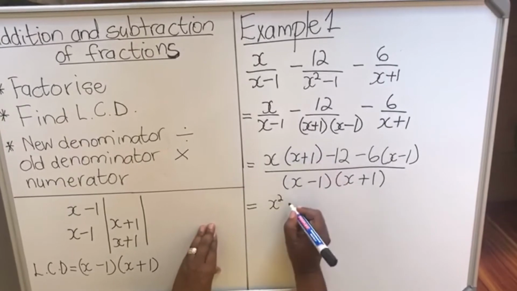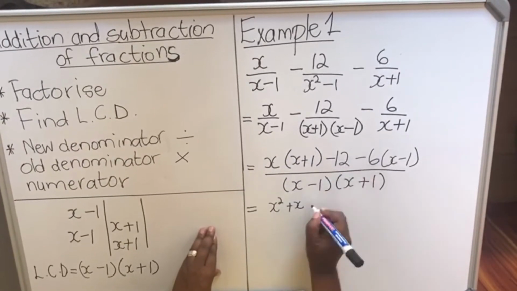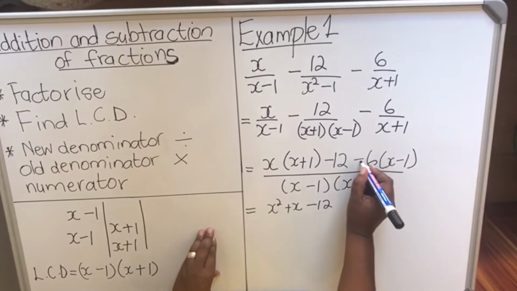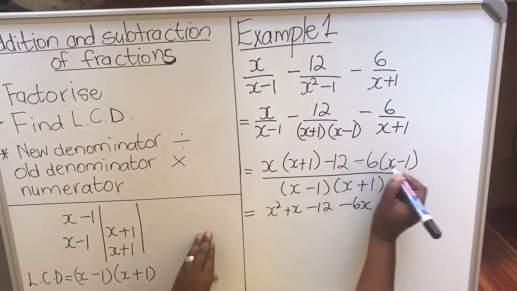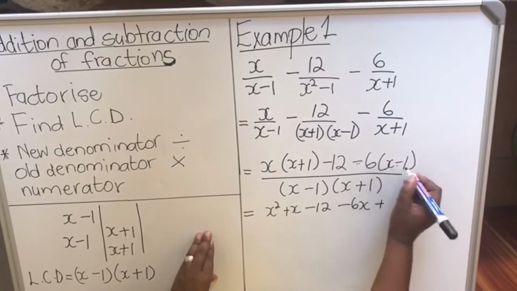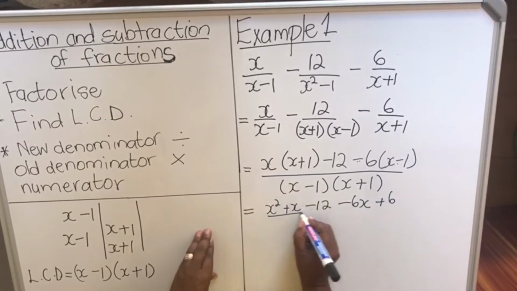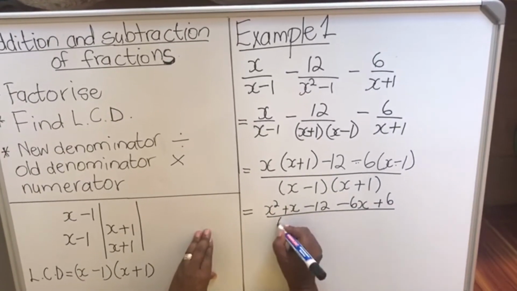X times 1 is going to give us x. The minus 12 is all by itself. Minus 6 times minus x is minus 6x. Negative times negative, positive. 6 times 1, 6. Don't forget that this was a fraction. So I'm going to keep my